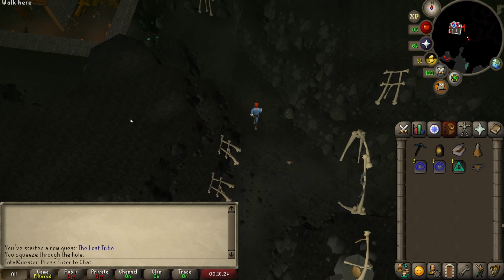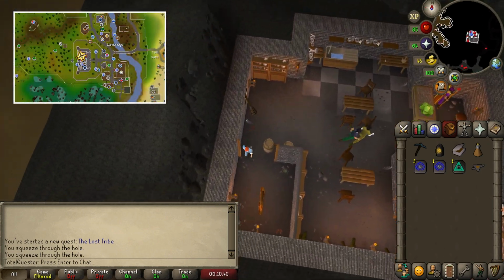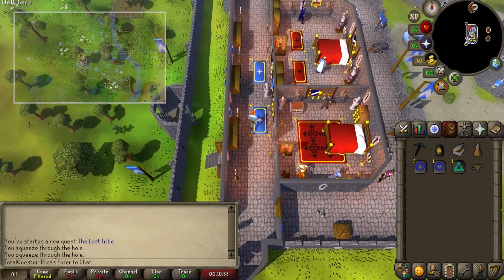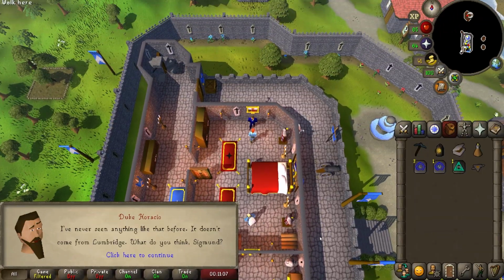Brooch in hand, retrace your steps back to the Lumbridge Castle cellar, going through the hole in the wall and then travelling back up the ladder, before heading up the staircase nearby to return to where you began the quest. Talk to Duke Horakio and say, "I dug through the rubble," before continuing through the chat with the Duke and